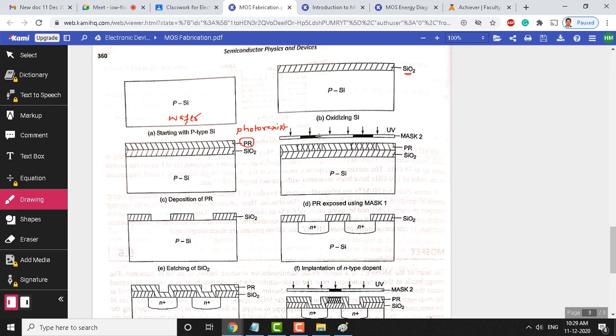You can see here there is an opaque portion, there is a transparent portion here, and on top of that we are going to pass UV light, ultraviolet radiation. The layers which are under the opaque portion are protected, and the layers outside the opaque region of the mask become sensitive, react with UV light, and are sensitized here. So, these layers are subjected to the UV light, and these layers are protected now.